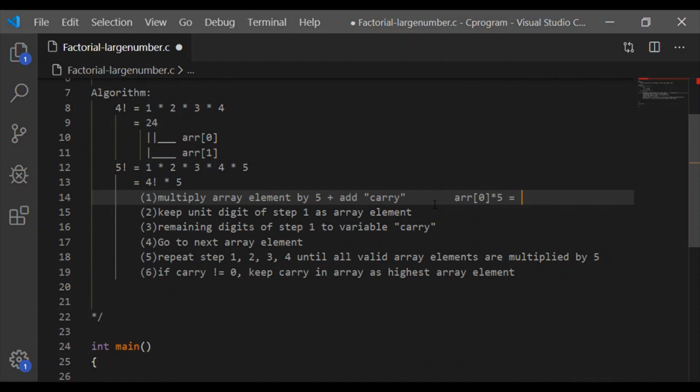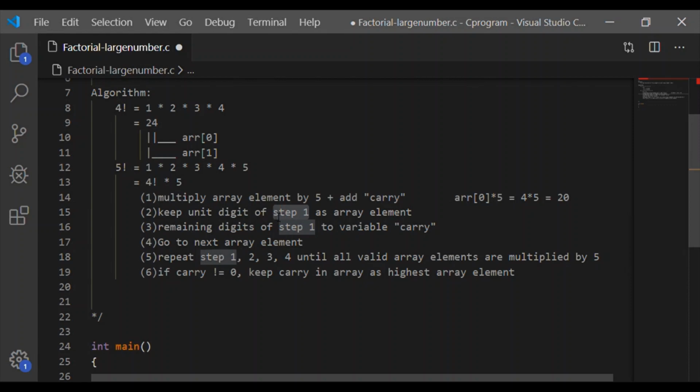So array of 0 in the 4 factorial has the value 4. So 4 multiplied by 5 is 20. Next step is keep the unit digit of step 1 as array element. So array of 0 is now to be replaced by 0, which is the unit digit of step 1. See, previously in 4 factorial, array of 0 was having 4.